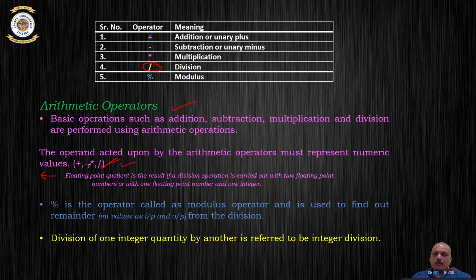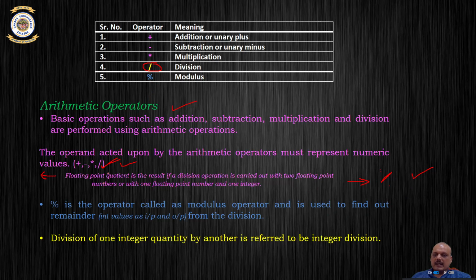So if you want a division to be performed fairly accurately, make sure that you are not using the division operator in its integer division mode. That is, either you typecast either the numerator or the denominator to a floating point, or you explicitly convert the output of this to a floating point so that you don't get some logical error in your code.